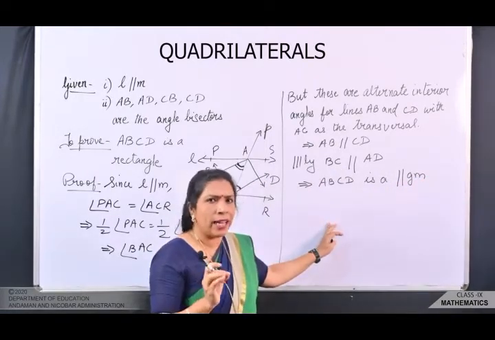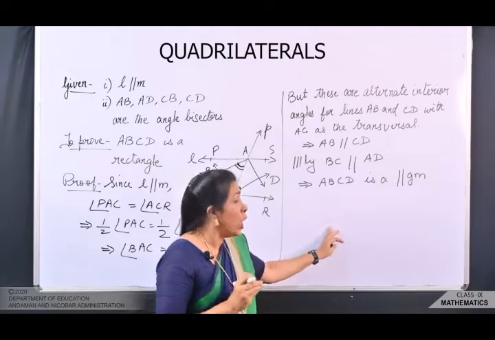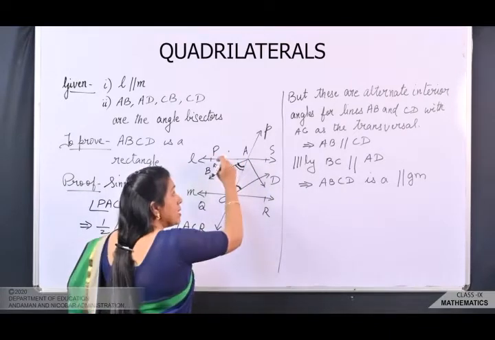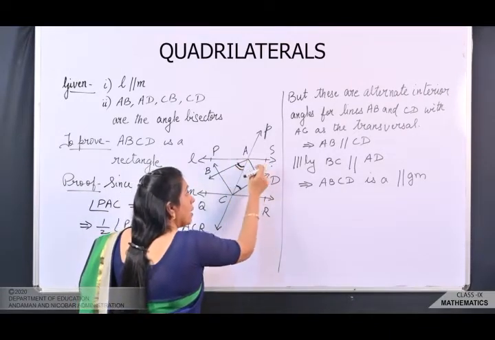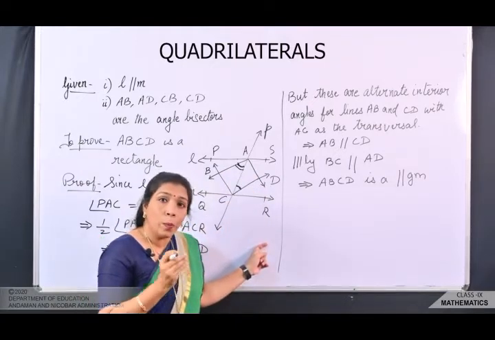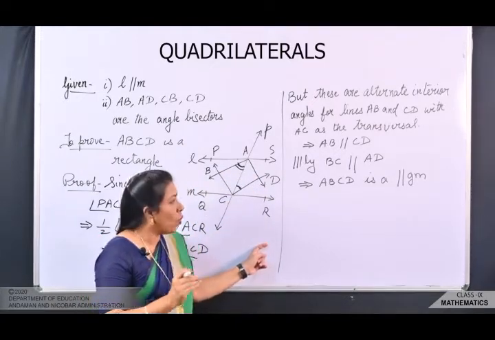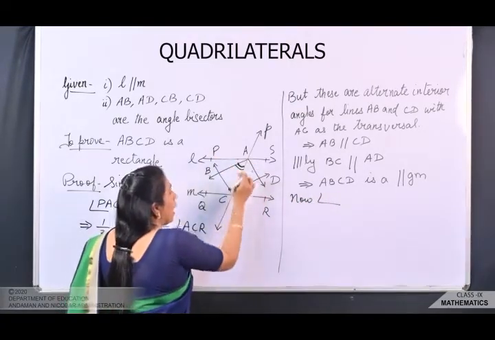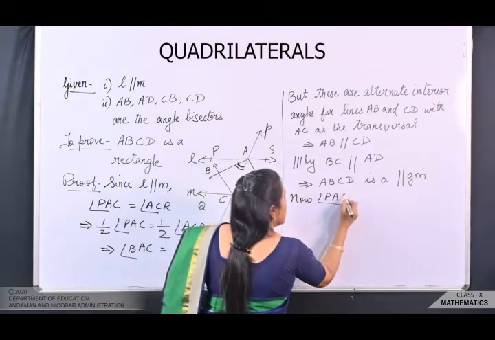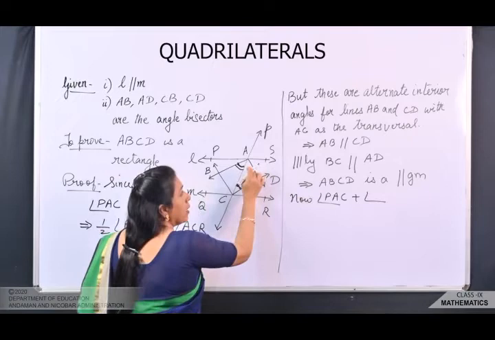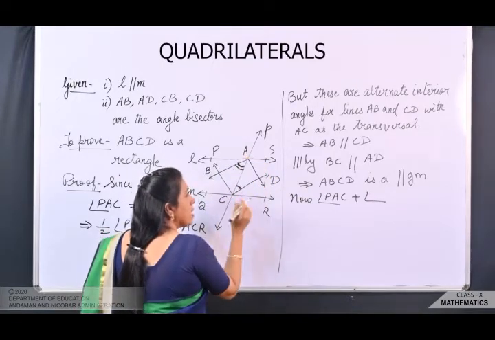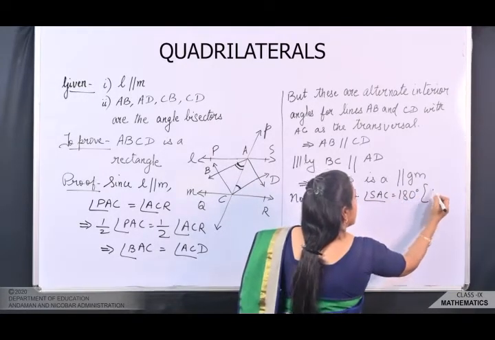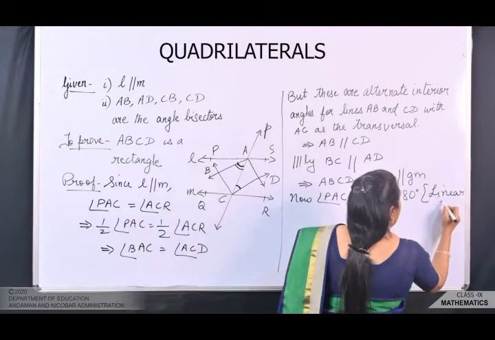अब हमें प्रूव करना है कि at least one angle is 90 degree. तो हम यहाँ पर क्या करेंगे? देखिए, this is a straight line, isn't it? This is a straight line, so sum of this angle and this angle will be 180 degree, because they are forming linear pair. Okay, so we'll write now angle PAC plus angle, this angle, that is SAC. Angle SAC is equal to 180 degree. The reason is linear pair.